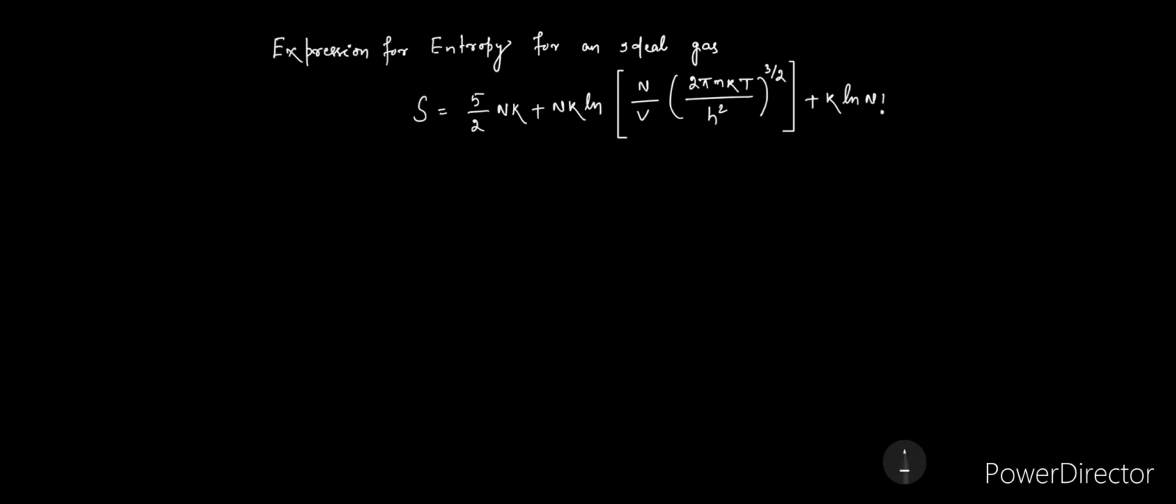So in this video we will discuss the expression for the entropy of an ideal gas. Means we will derive this equation S is equal to 5 by 2 nk plus nk ln and this much. So for that, first of all we should know that according to Boltzmann's entropy relation,